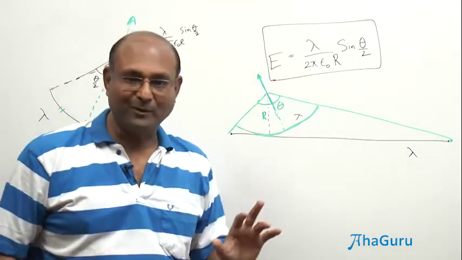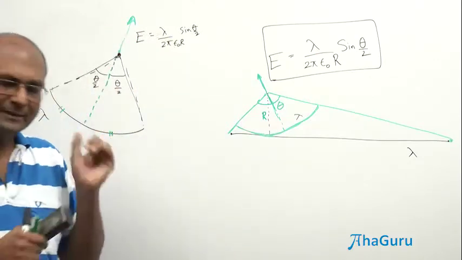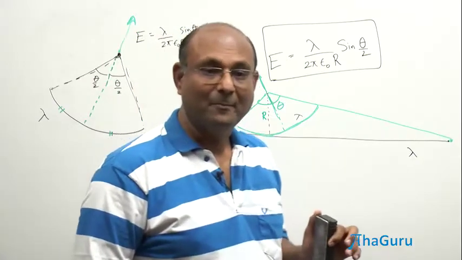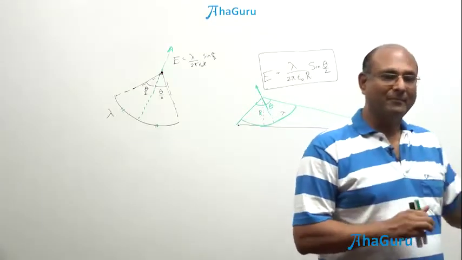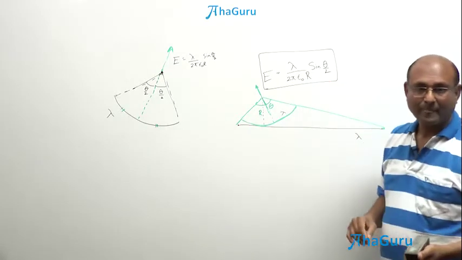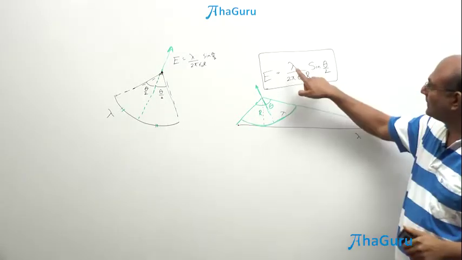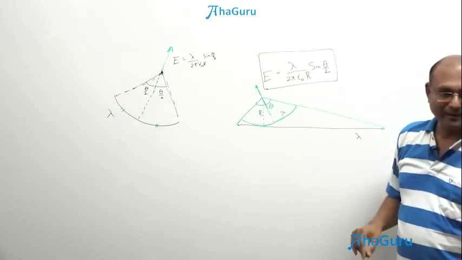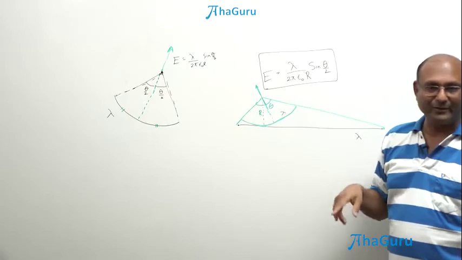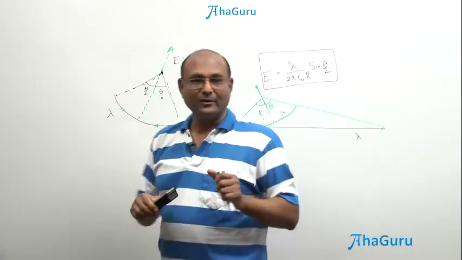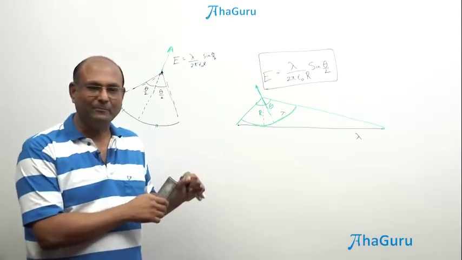And this is such a nice formula that it's actually worthwhile. Why is it worthwhile? I will now show you how you can use this in 2-3 different places. But then we will finally prove it, and you can also see that this is a reasonably easy formula to remember. For an infinite line charge, you will remember the formula lambda by 2 pi epsilon naught r without the sine theta by 2. I'll show you that with this sine theta by 2, it will actually turn out that it is the same answer. So let us first use this a little bit, and then we will come to proving it.